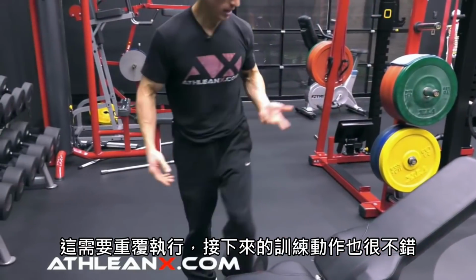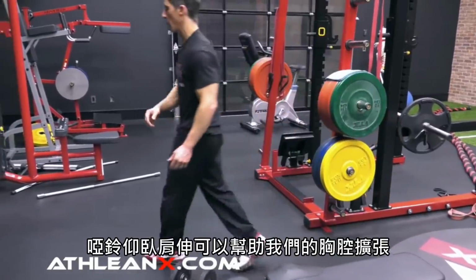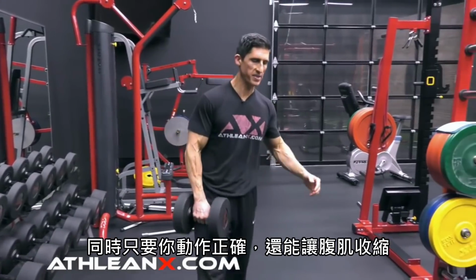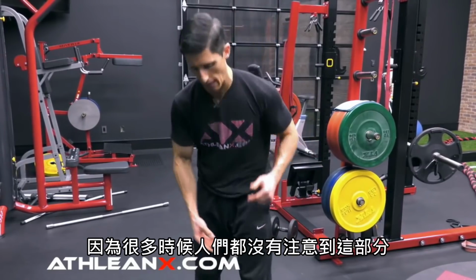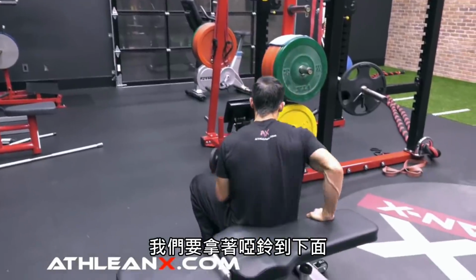Next, we have another great exercise, the dumbbell pullover. The dumbbell pullover helps us to create the rib expansion. At the same time, it requires us to contract your abs, if you're doing it right, because a lot of people don't do that portion of it. So we come down here with a dumbbell,